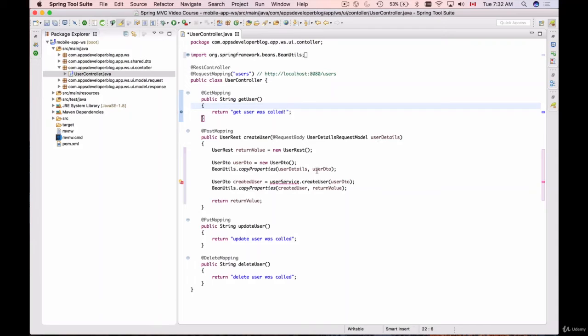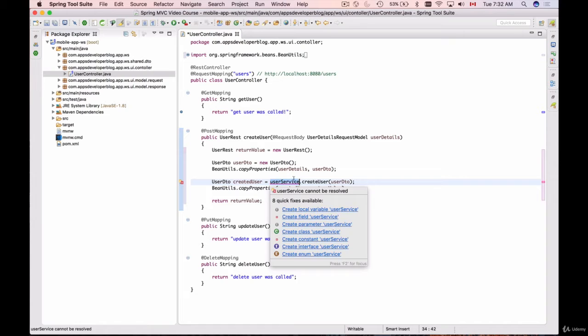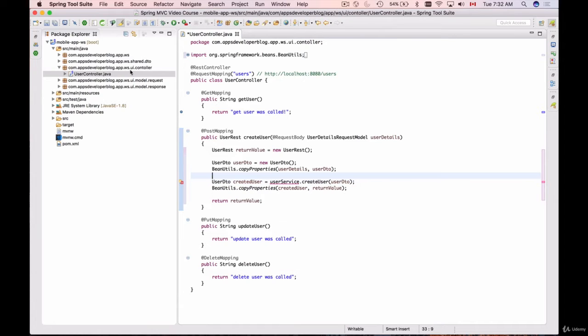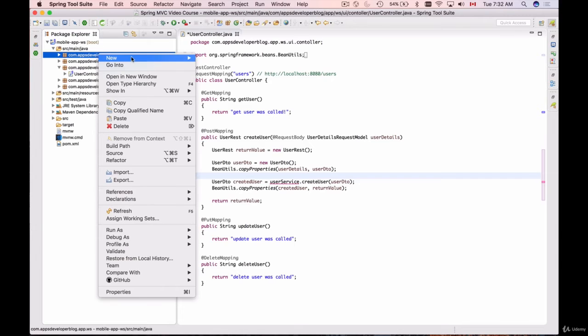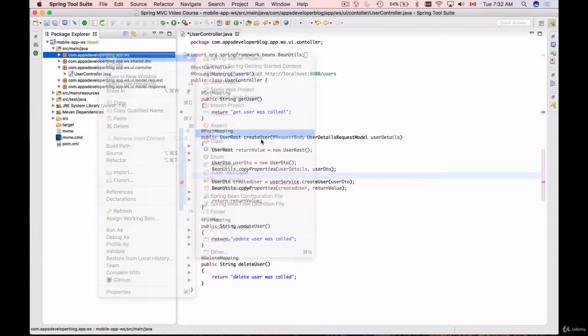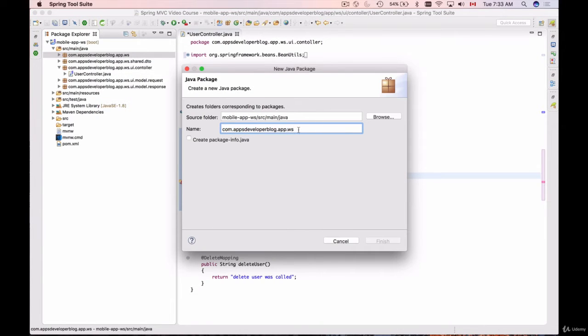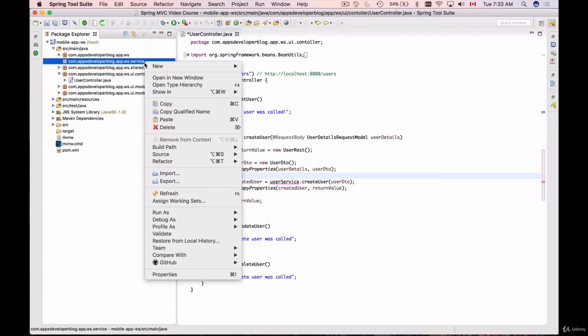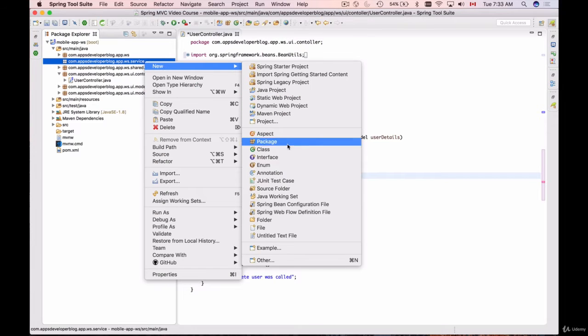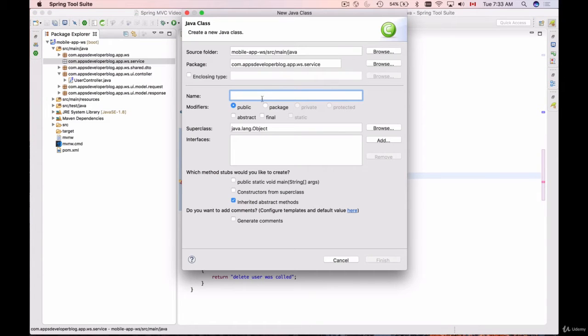In this video, we're going to create a user service interface and an implementation class of that interface. So I will go and create a new package. I will select my root package and then create a new package, and that's going to be ws.service, and click on finish. And inside of that service package, I will create a new class, and that is going to be